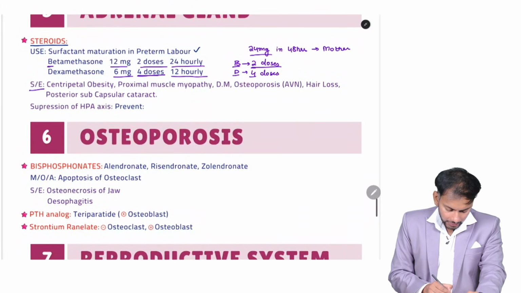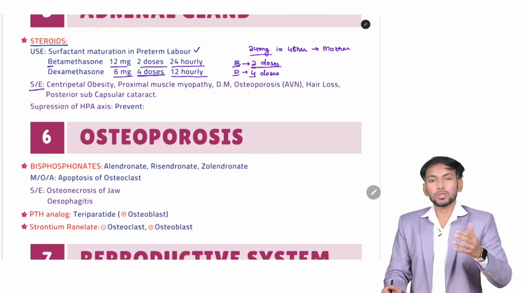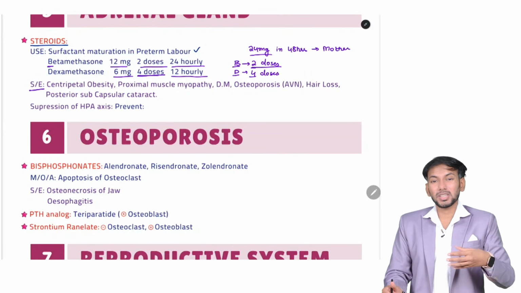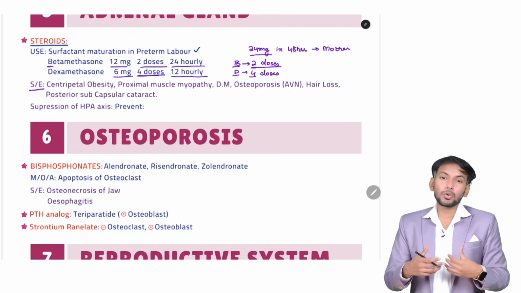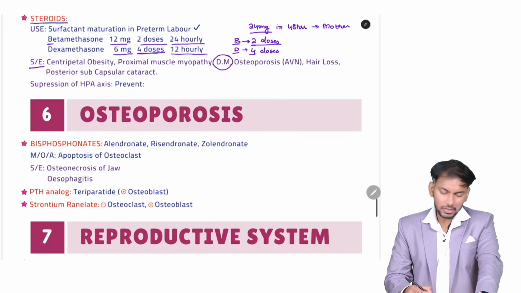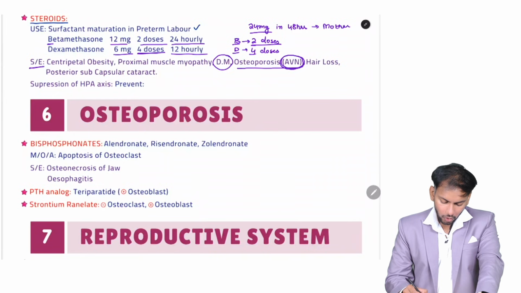Now, what are the side effects of this? It will cause centripetal obesity. It will also cause proximal myopathy. That is what gives you the lemon on stick appearance. So, basically, if you use steroids for a long period of time, it will cause Cushing syndrome. And it will also cause diabetes mellitus, osteoporosis,